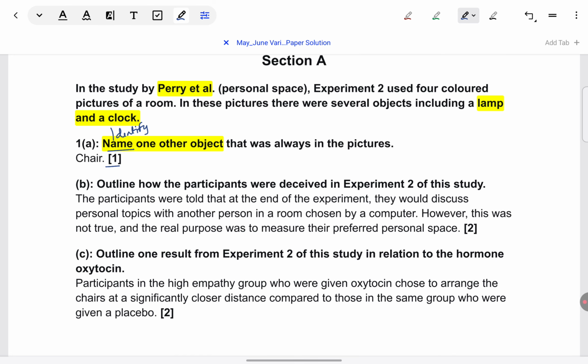You can write a complete sentence like one other object was this, but the examiner is just going to look at the word you have given as the name of the object. So literally they're going to see whether you've given the correct word and they're going to give a mark for that. So it's advisable that you just answer in one or two words. Now, what else you need to note before answering is other object has been asked for. As obvious as this might seem, many students are not going to read the question carefully. They are not going to note other. They are just going to write whatever is given on the question. So they're going to write lamp and clock.